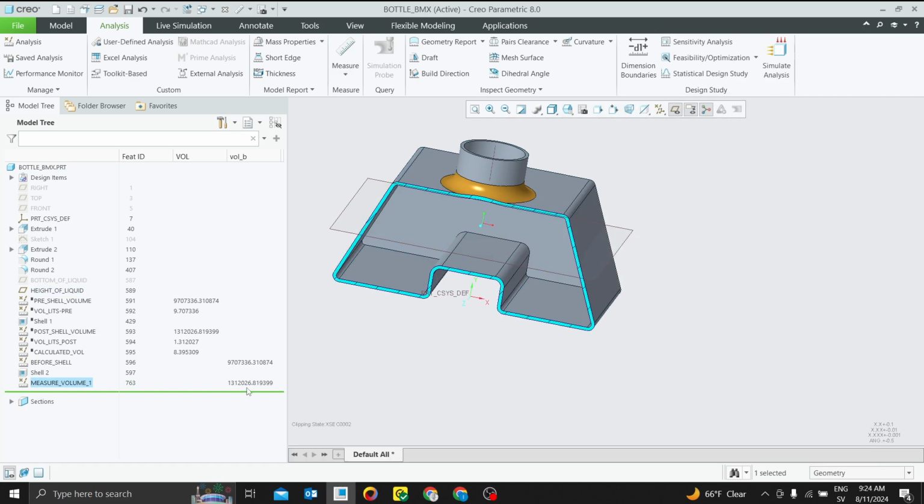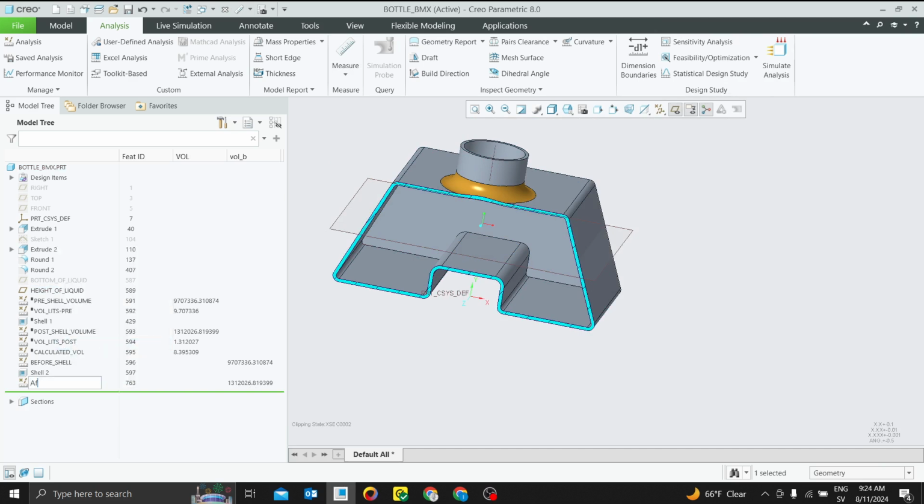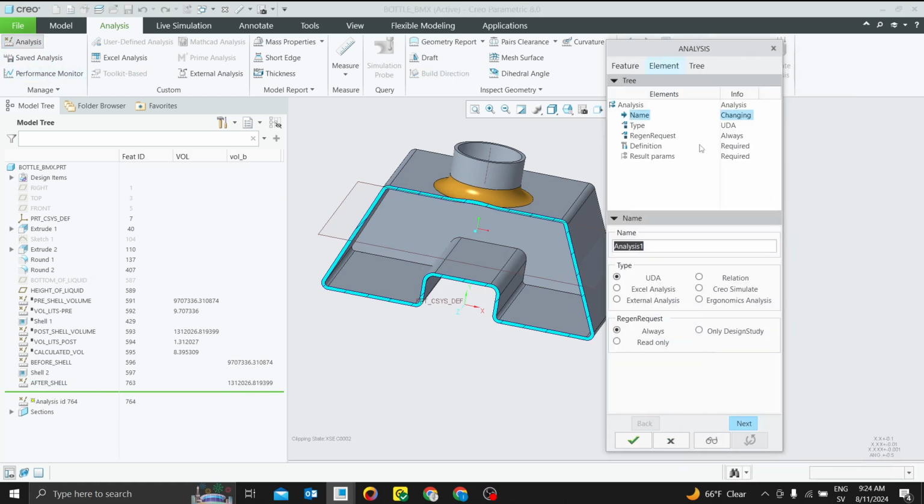You can see now we got another volume here. And this one is after shell. This is a volume after shell. We can now take before shell minus after shell to get the volume of the liquid or the fluid. Therefore, for us to perform that relation, you go to analysis, you select relation here, and call it